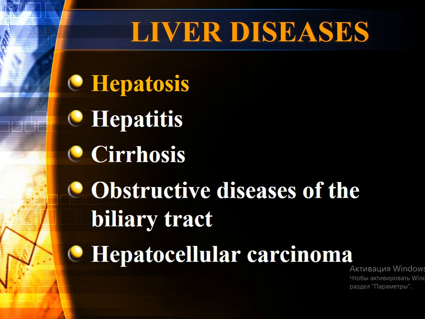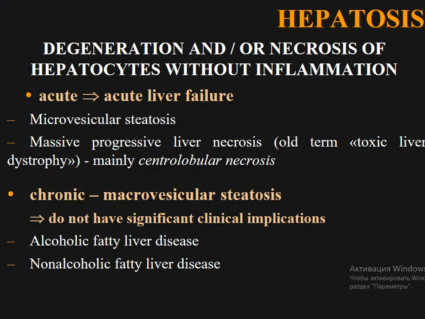So now we move on to the liver diseases, and the first is the group of hepatosis. As usual, we start with the definition. Hepatosis represents degeneration and or necrosis of hepatocytes without inflammation. Honestly, I'm not totally in agreement when we use this term without inflammation,